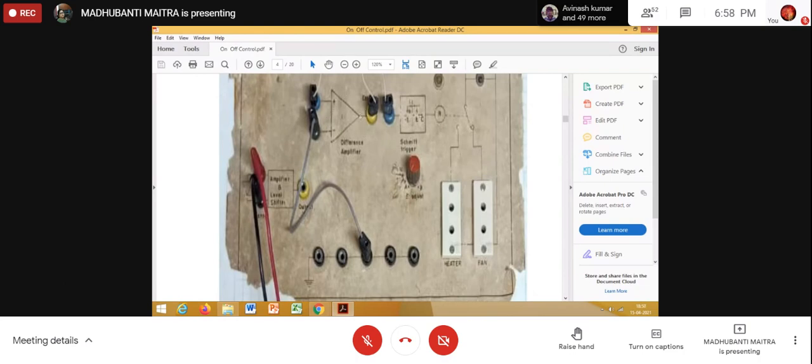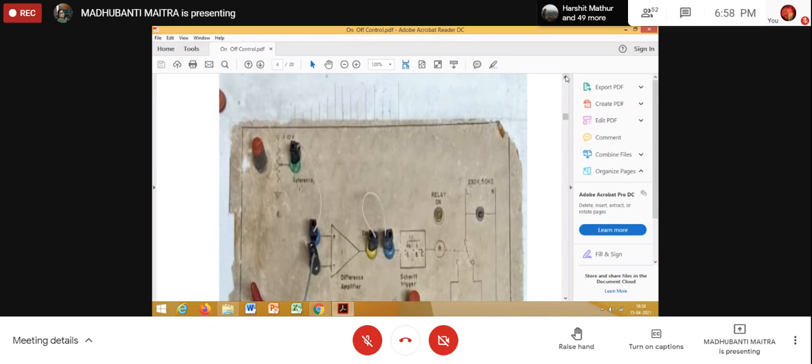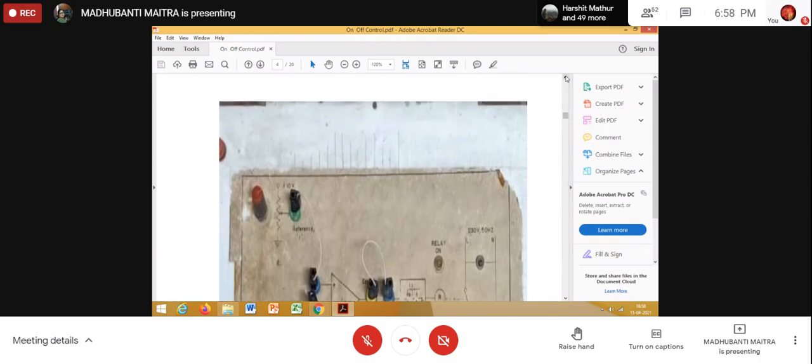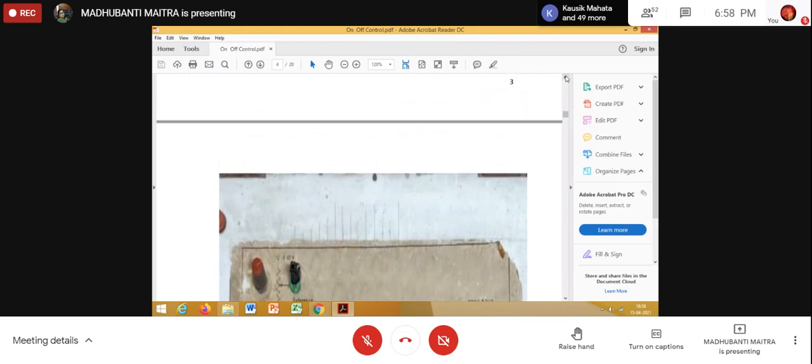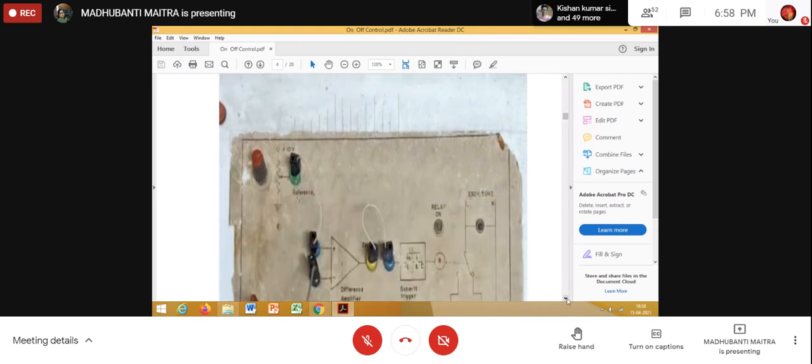Okay, ma'am. And how do we get the reference voltage? That we will see, what value of the reference voltage we are going to set during the experiment. Okay, one last thing, ma'am. The importance of the Schmitt trigger. The circuit of the Schmitt trigger is not clear to me. The circuit of the Schmitt trigger I am not going to discuss. How the output and input work, that I'll discuss. Okay, okay, ma'am.